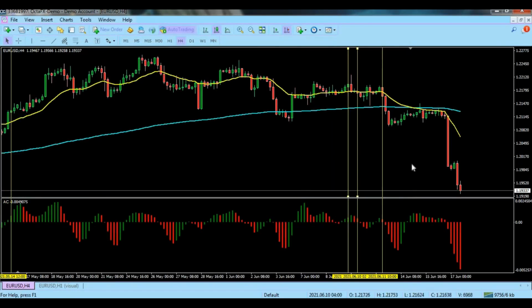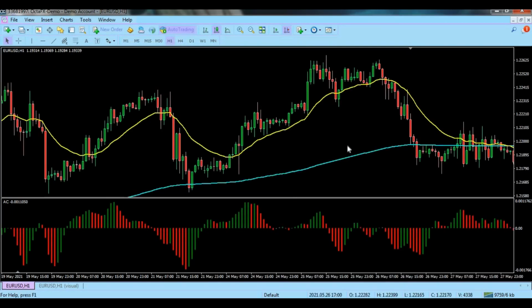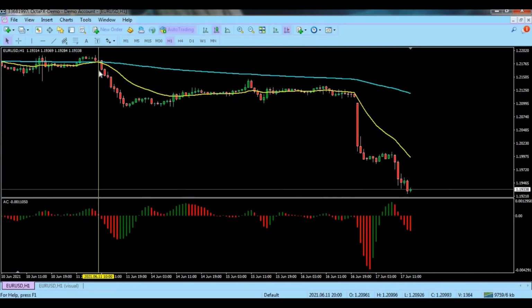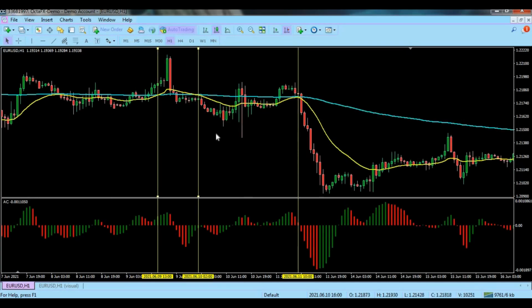In H4, you see this is in uptrend. The fast is above the slow. The point where I marked, that is the first marking. In this H1 time frame, the price is crossing down. In H4 it is uptrend, so it can't take the order. This is the second place I have marked. You see here it is crossing down, but there are 3 green bars. So the strategy is not to take the order.